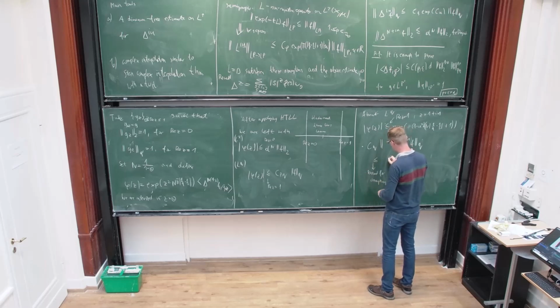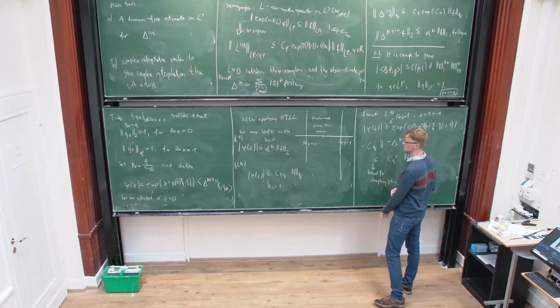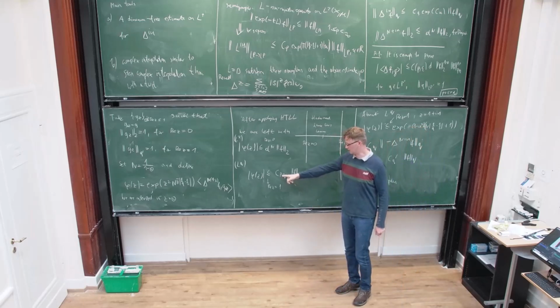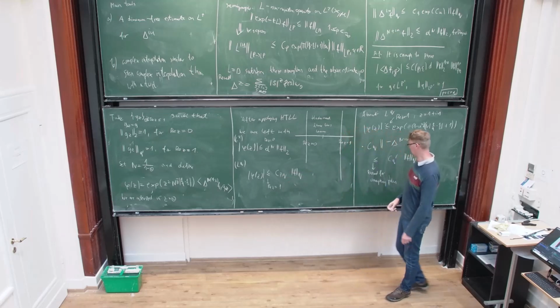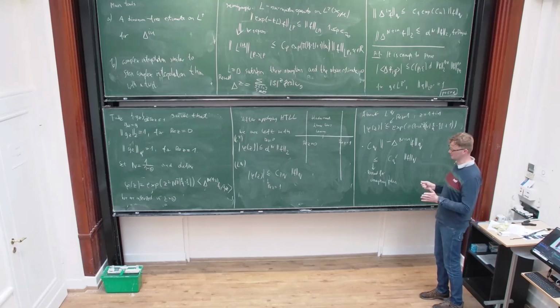Produces another constant, say C_Q' times epsilon over. So this is what we wanted to have here exactly. So it doesn't matter if I write P or Q, because Q depends on P and epsilon, and I'm allowed to have dependence on Q and epsilon. Okay, so this concludes the proof apart from, as I was saying, for k greater than 1, you need